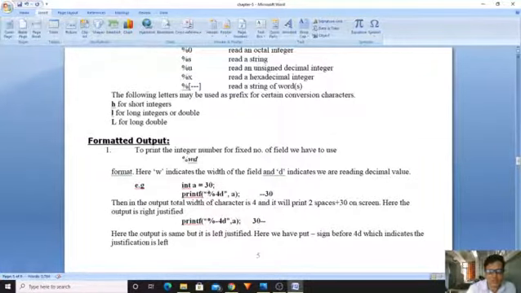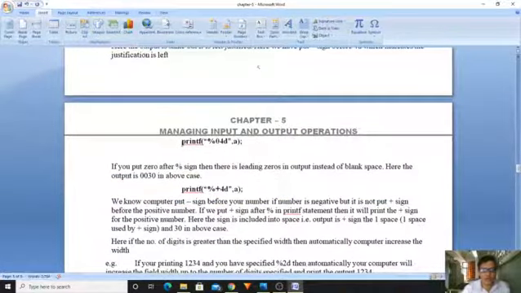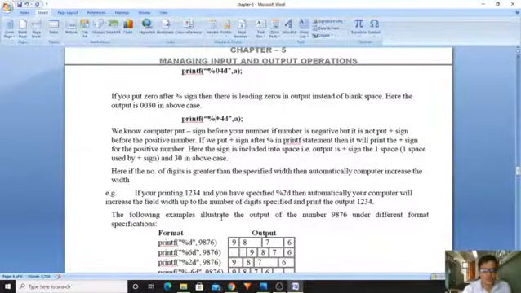Minus indicates left alignment, with blank spaces after. Now if I take %04d, whatever blank spaces exist will be replaced with zeros. If I take the plus symbol, it will be filled with the sign for positive values. So likewise we are displaying.